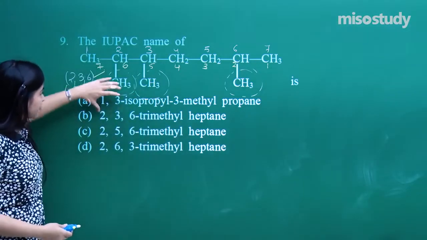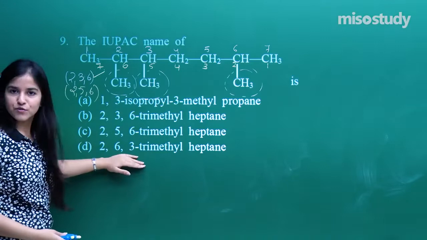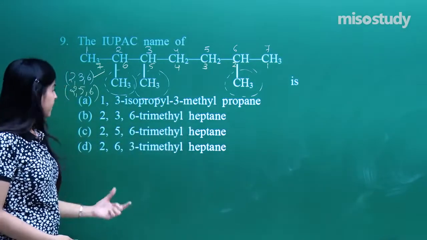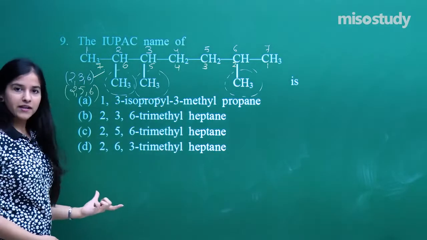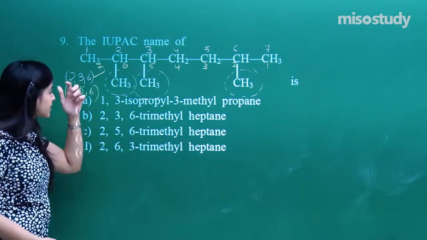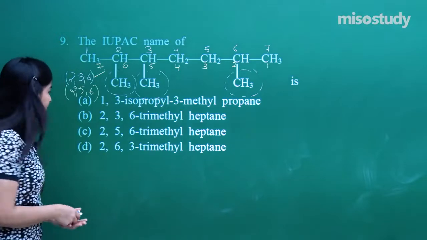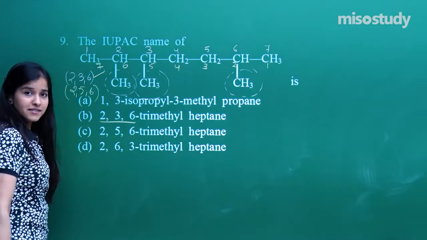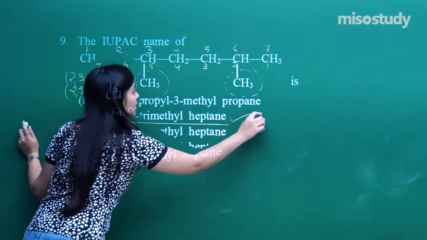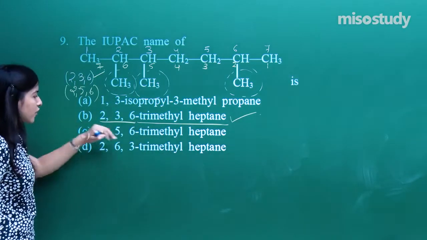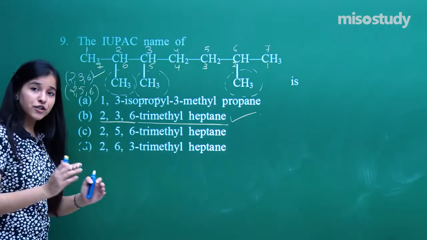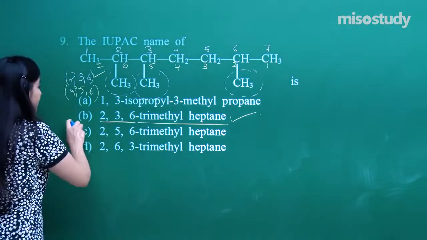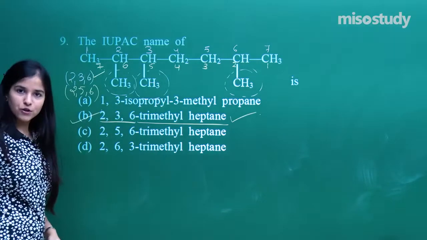So I need to just find out the proper numbers over here. This option is absolutely incorrect. All the 3 options I need to analyze now. 2, 3, 6 must be given to the 3 methyls. That means 2, 3, 6. That is our answer. Trimethylheptane, very correct. So all of these we eliminate the possibilities just by numbering the substituents. So I hope you all have got this very well. Number B is the correct option.